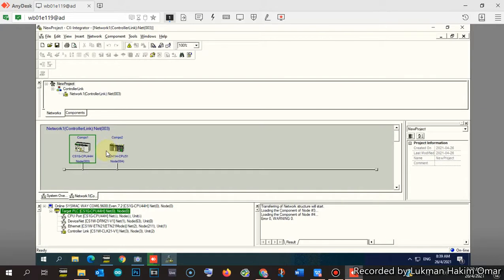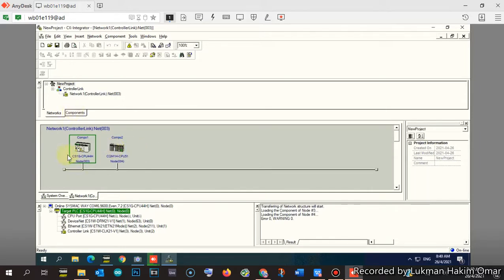If this displays unknown PLC, maybe your setup in the slave is not okay, or maybe the connection or the cable is loose. Maybe there is a possible mistake in the wiring.